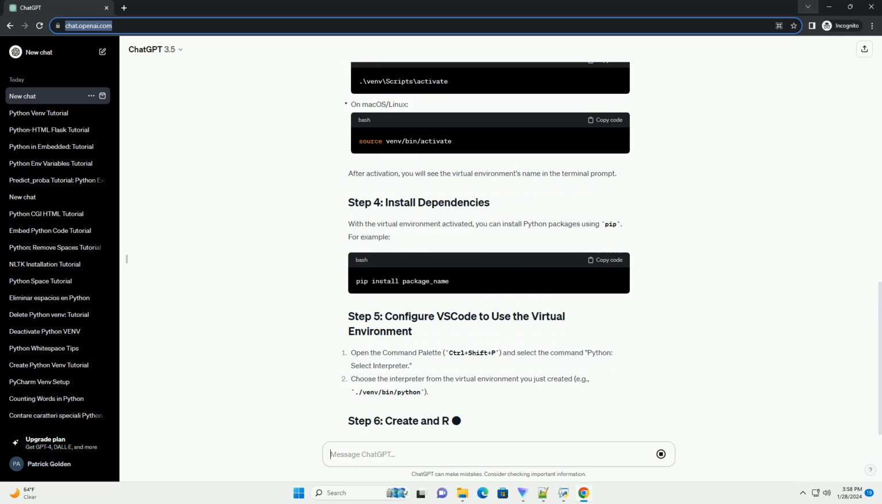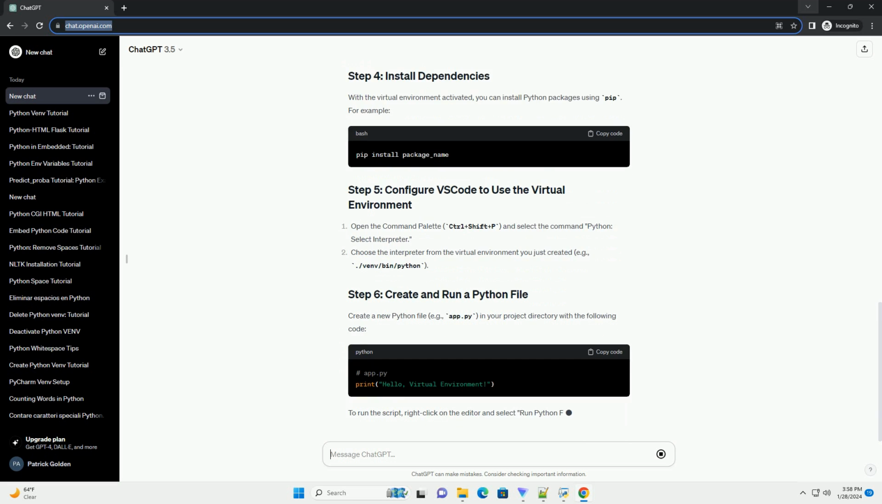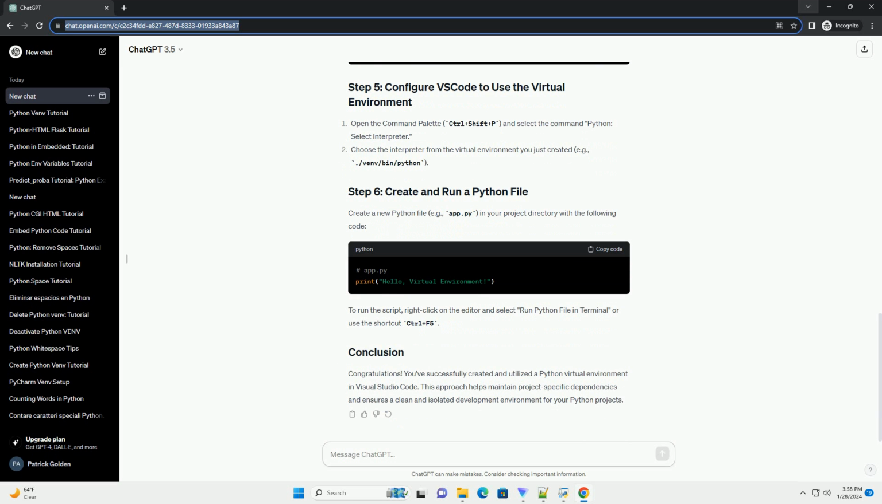Visual Studio Code. Ensure that you have Visual Studio Code installed on your machine. You can download it from https://code.visualstudio.com. Python installed. Make sure you have Python installed on your system. You can download Python from